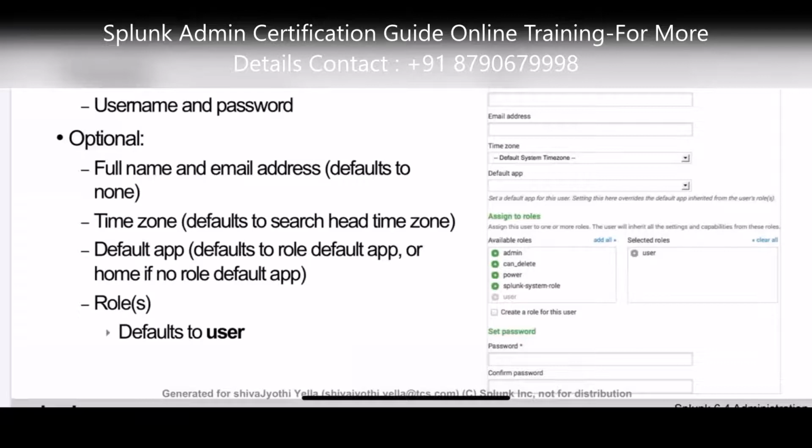Then you add a username and password, and the username and password you create will be unique, so that every member in your team can access that.